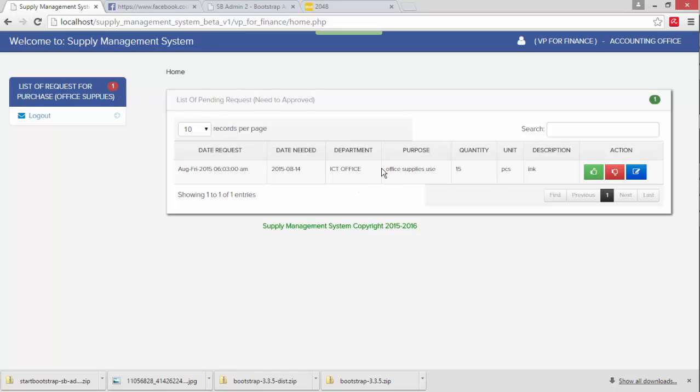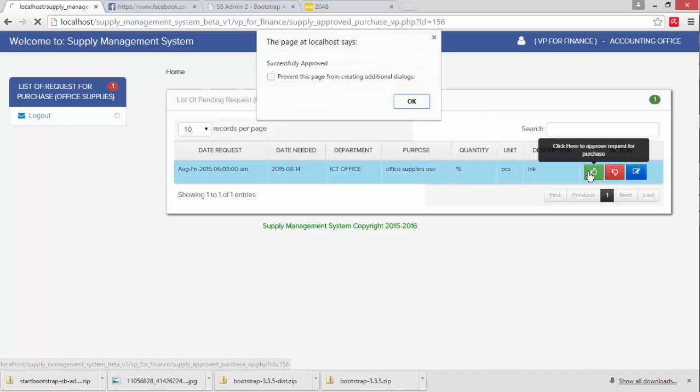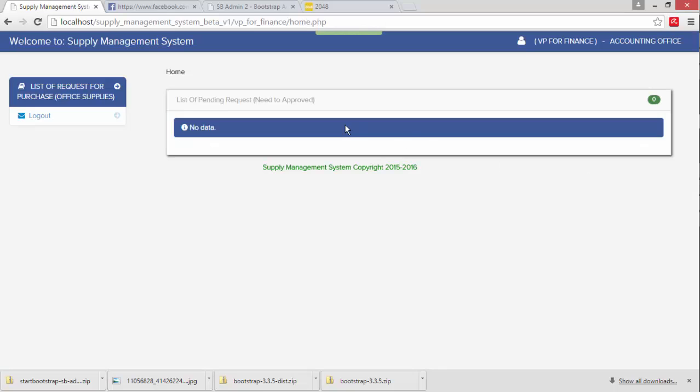So if the request item is okay, just click approve. If not, just click cancel request for purchase. So if okay, just click approve. So there is one requested purchase of office supplies.